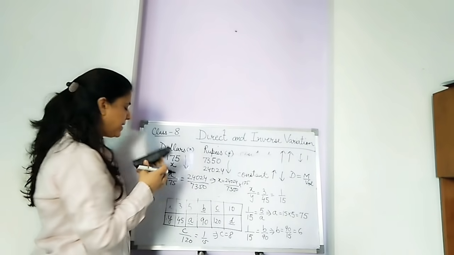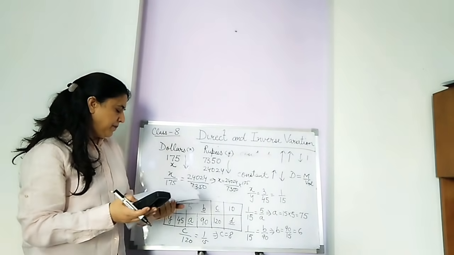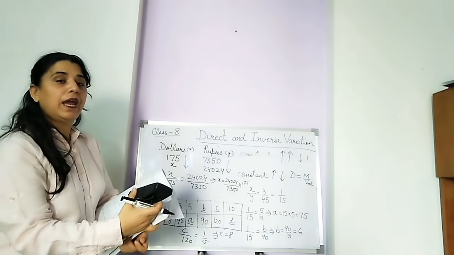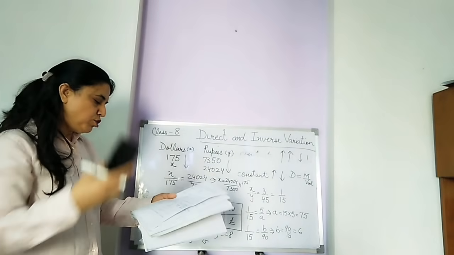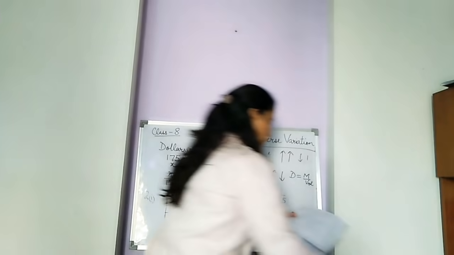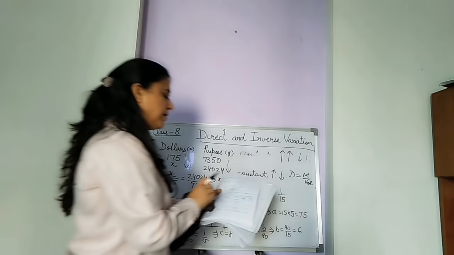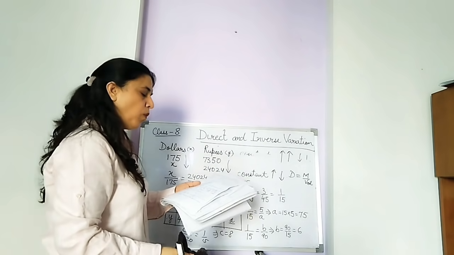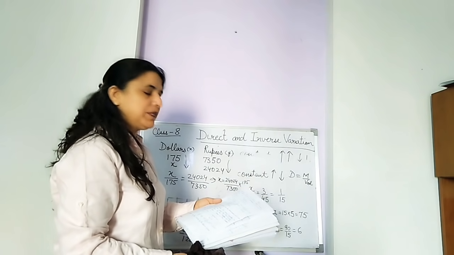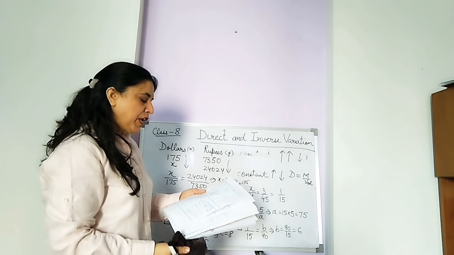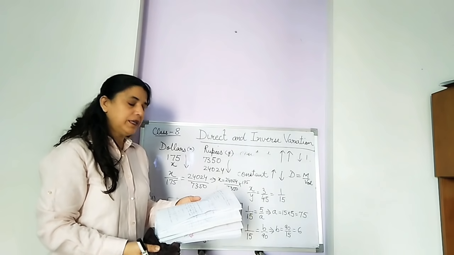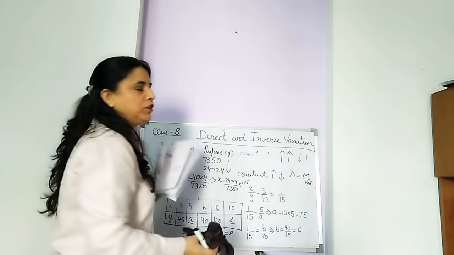Okay? Next sum we'll take, in a model of a ship. That is question number 8. Try to do this. In a model of a ship, the mast, that is flagstaff, is 6 centimeters high, while the mast of the actual ship is 9 meters high. If the length of the ship is 33 meters, how long is the model of the ship?